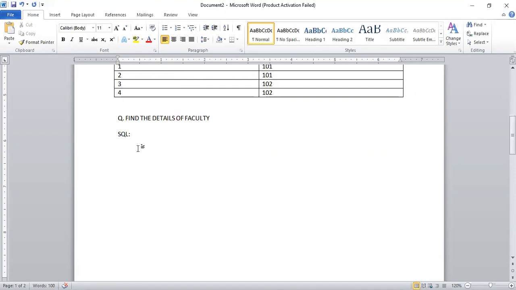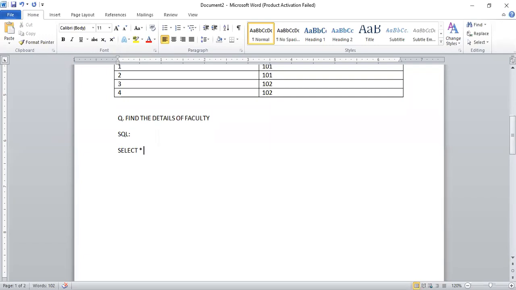Yes, sir. Please answer this. Select star from faculty, sir. Tell me what you will write in SQL. Select star from faculty. As per today's session, I'll not evaluate anything. 20 marks are completely yours. 15 marks for the quiz, I'll not take any quiz. This is only for an official requirement. I may conduct a quiz, but 5 marks I'll give completely to everyone attending.